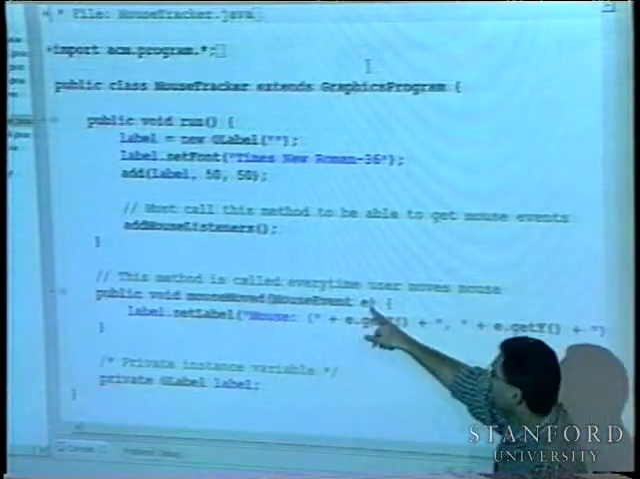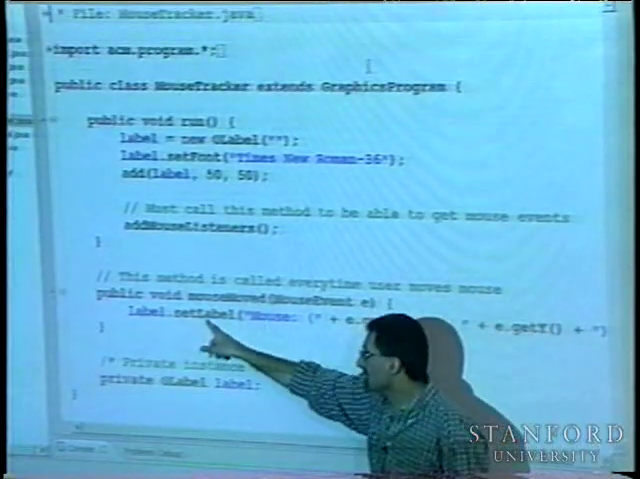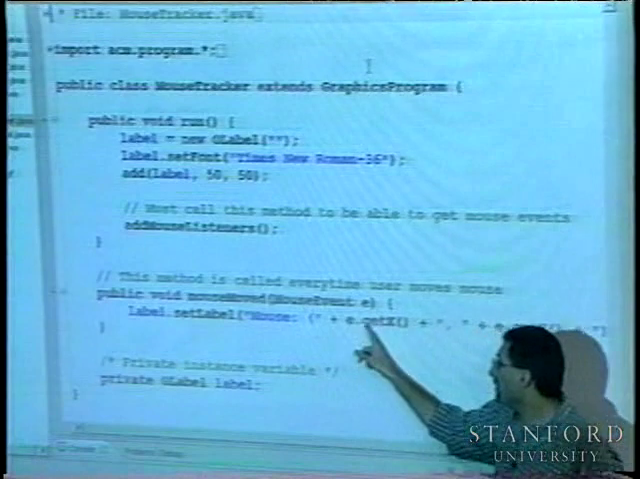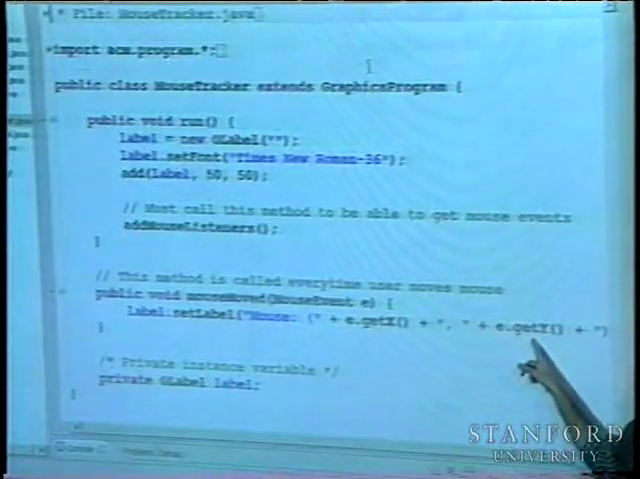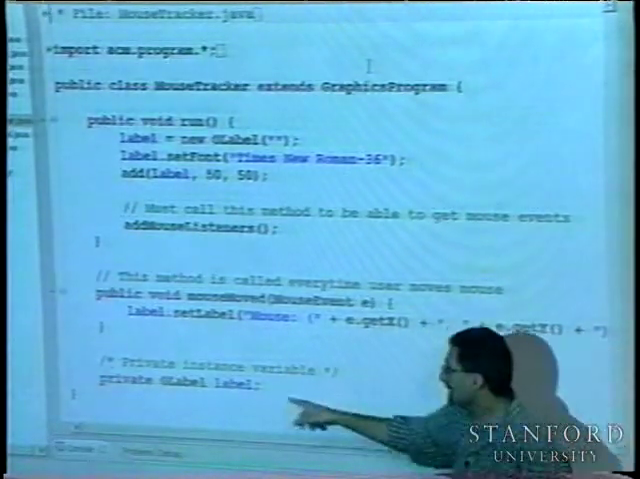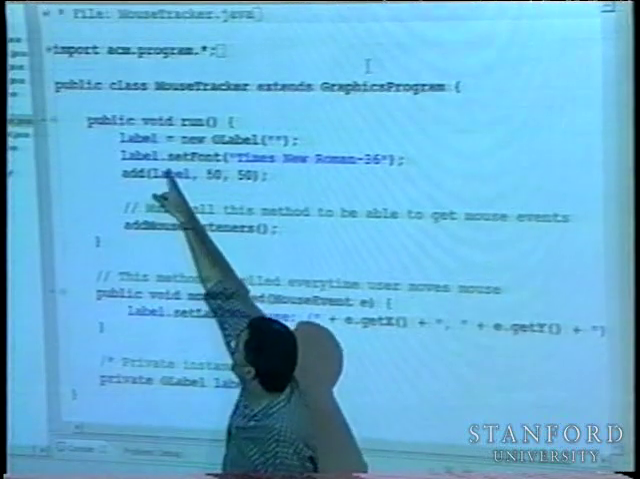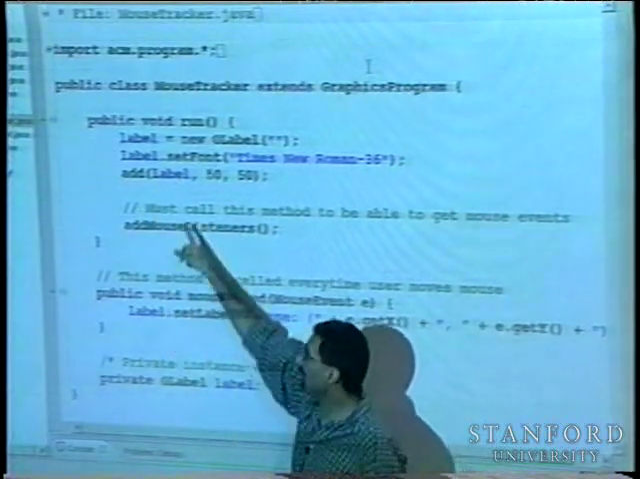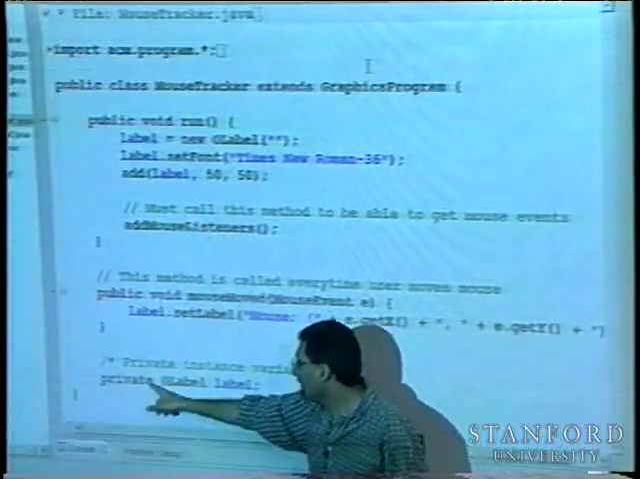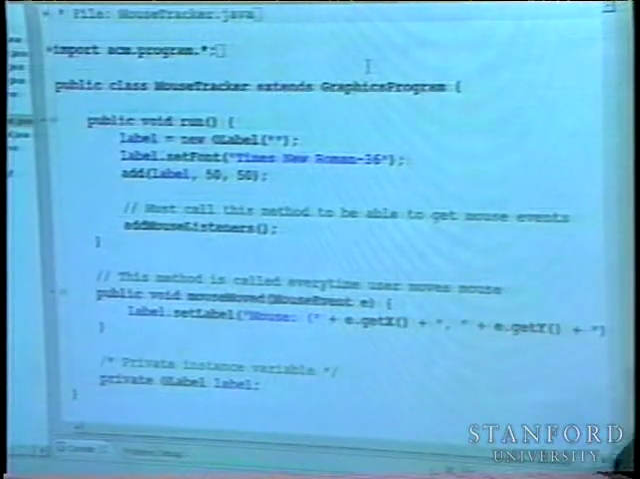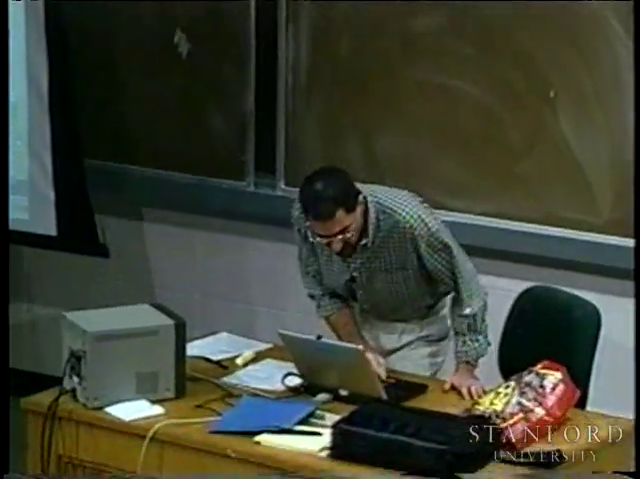If mouse moves, I get some event. I'm going to change the text for that label to be mouse with the XY location it moved to. Okay? And I need to keep track of my label both here and here. So I need to keep track of the label in between method calls, so I actually have my label be a private instance variable. Okay? So if I run this puppy,